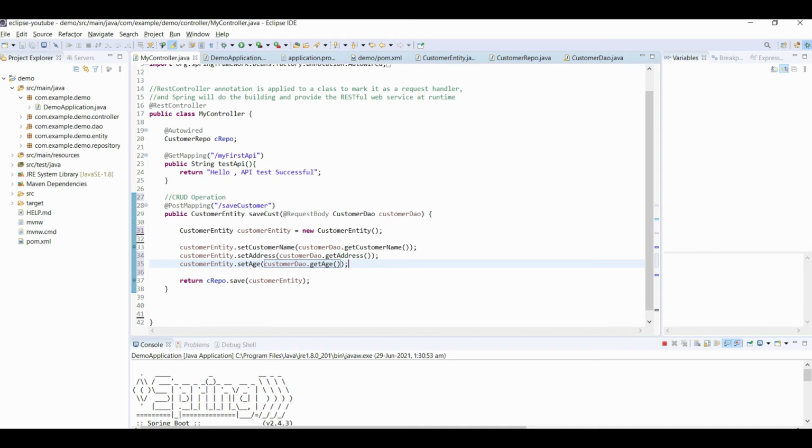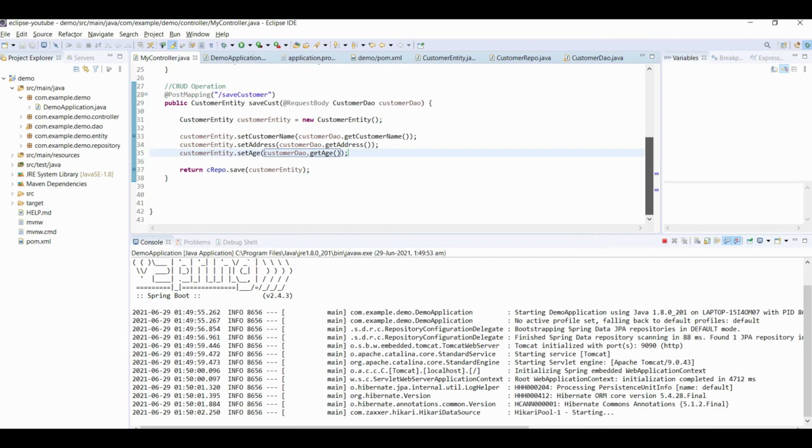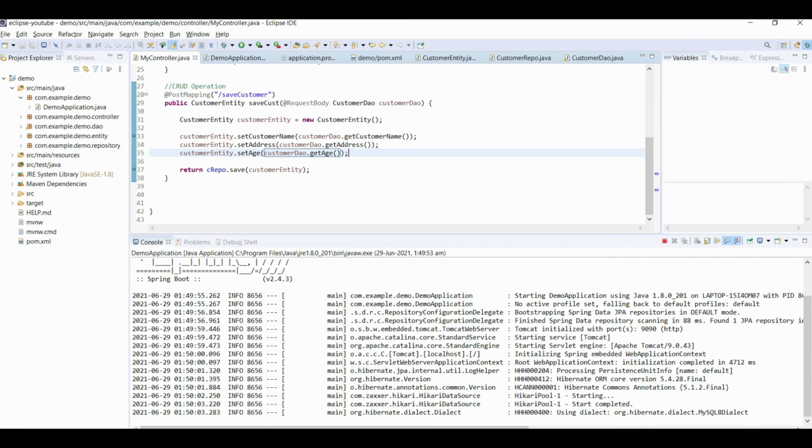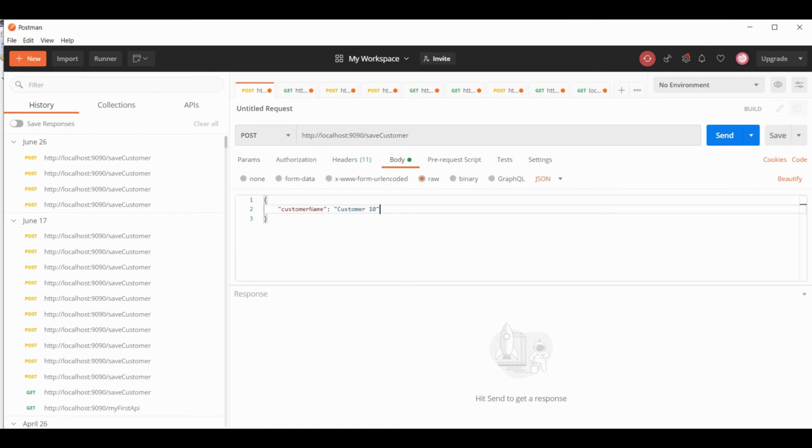It is done, and we'll try to run our project. Let us stop the project by clicking on the red button, terminate, and we'll rerun our project so that changes will be reflected. This project is running, and meanwhile let us open the Postman app. Let us hit our API. We have customer name here. I'll change it to customer new 1, and let us add those two important data.